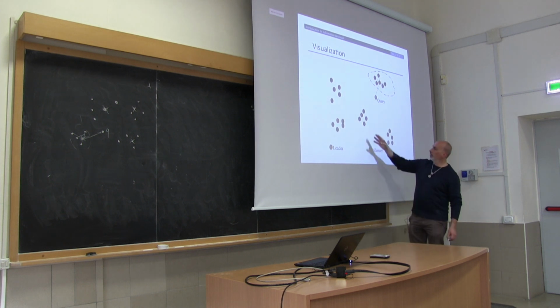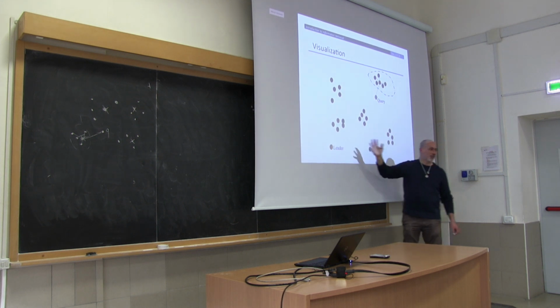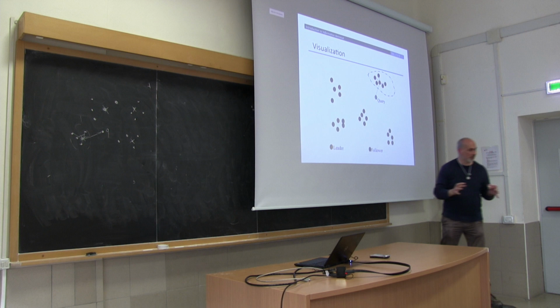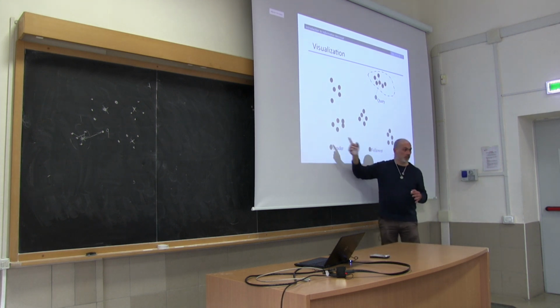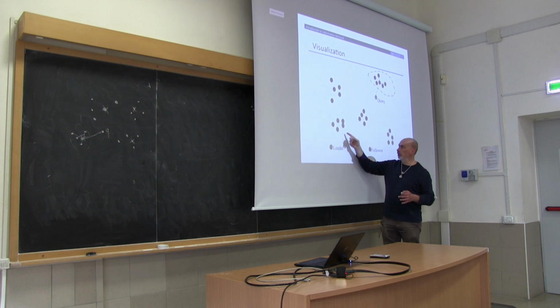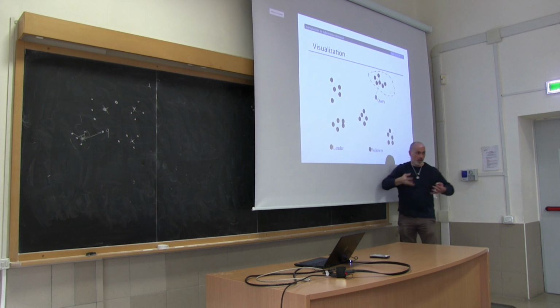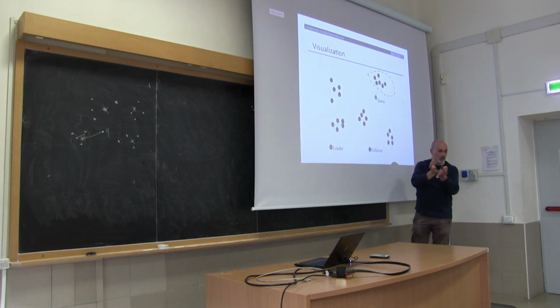So, why did the people who designed these slides provide this picture? Because that's the idea I was telling you about. So this whole thing makes sense if there is some clustering in the data set. If there is some clustering in the data set, picking square root of n leaders will give me, first of all, a decent probability of picking at least one leader in every cluster. And secondly, I will have clusters. So whenever you match a query to the closest leader, and you are returning a subset of that leader's followers, those are probably the points that are closest to that leader, and probably also close to the query point.